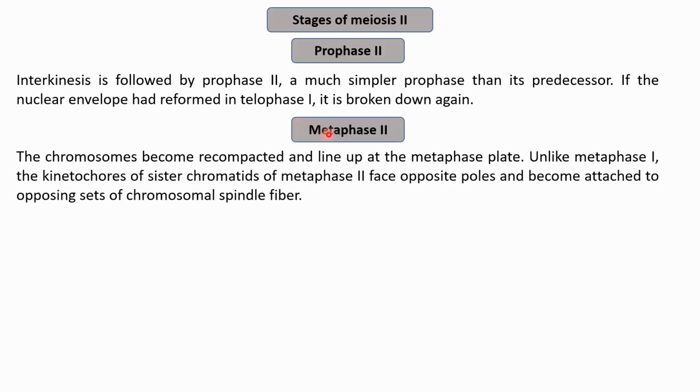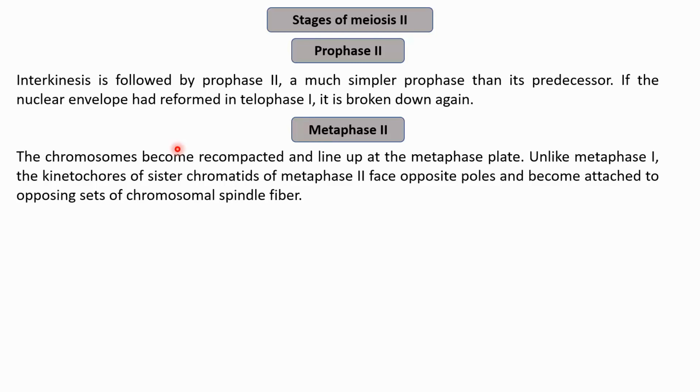Then in metaphase 2, the chromosomes become recompacted and line up at the metaphase plate. So the chromosomes basically get arranged at the metaphase plate, just like what happens during mitosis. As we know, in case of metaphase 1, the homologous chromosomes